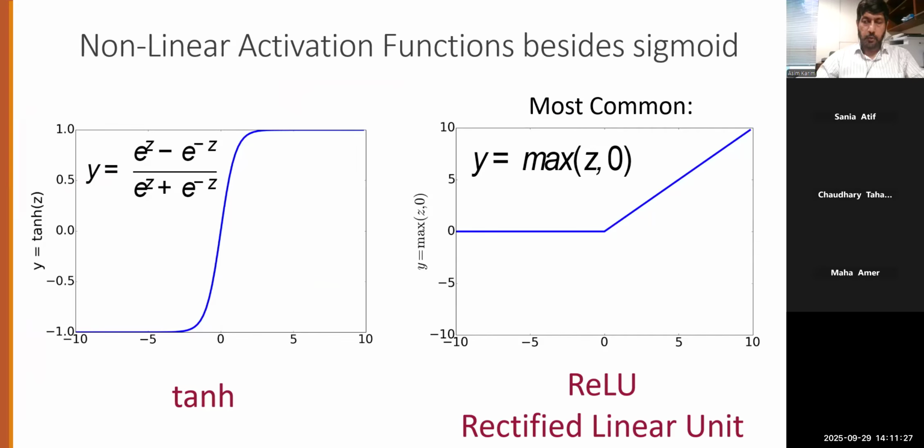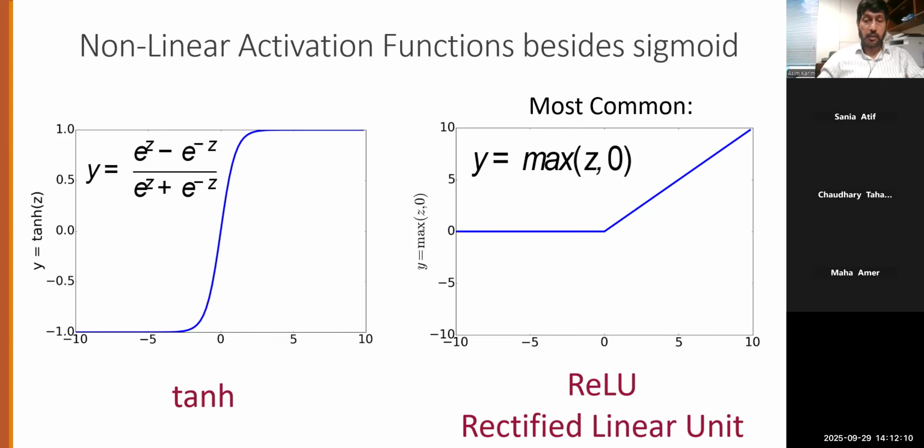So non-linearity is very important in neural networks. We had already talked about the sigmoid function. We have already talked about the softmax function. But in a feed-forward neural network, in the hidden layers, in the intermediate layers, the usual preferred activation functions are the tangent hyperbolic and the rectified linear unit. The rectified linear unit is a more recent inclusion, and I will briefly discuss why this has become more popular. But both these equations are non-linear. Rectified linear unit is non-linear just because it has a horizontal part and then a linear part. So there is a sudden change. So that's why it's non-linear.